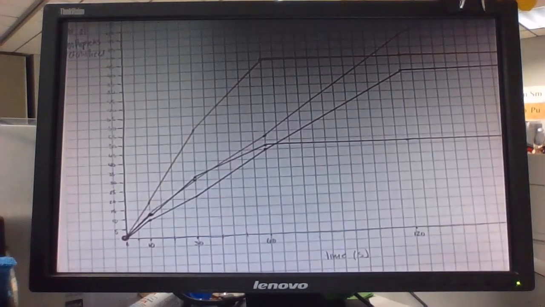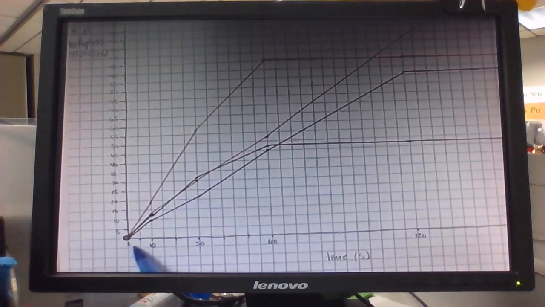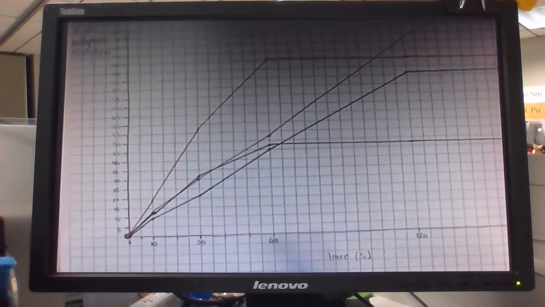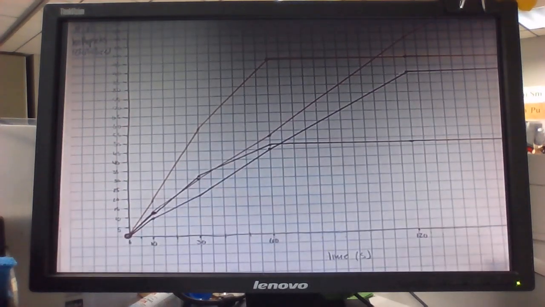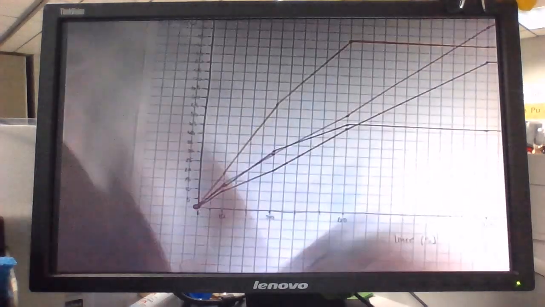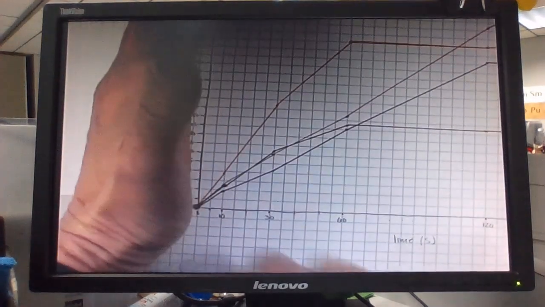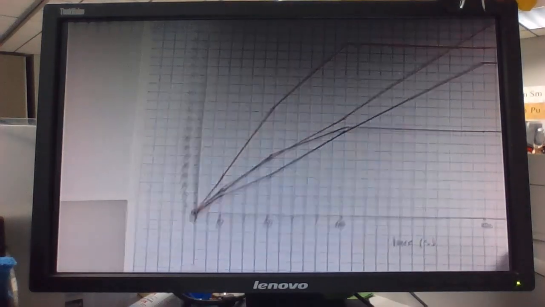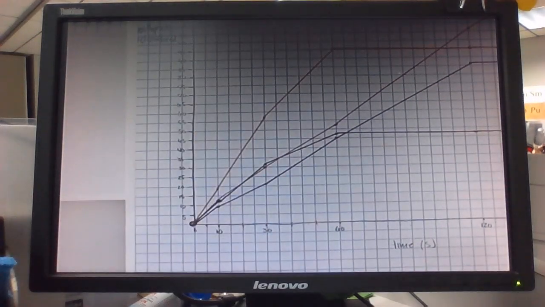So I took Dixie's as well. Dixie counted by fives, 5, 10, 15, 20, 25, 30. She counted by fives on both. That's fine as well, but we could have even done one of each. One side could have been counting by tens, one side could have been counting by fives, and that's fine too. It doesn't matter what counting pattern you choose, so long as it fits all the data, and it must be